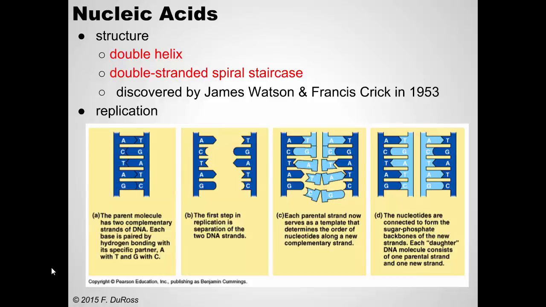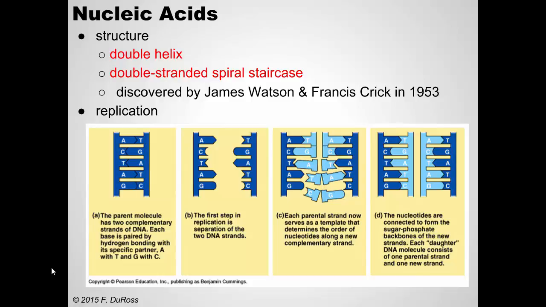Now they're drawn here as shapes that match with each other, although it's more about the chemical properties of those nitrogenous bases which allow them to link up in those ways. But what this means is DNA molecules can be replicated. As long as you know one side of the DNA molecule, you know what the other side should be. So if you didn't have this side, you could predict what it's going to be based on these bases, right? What would it be? T, G,